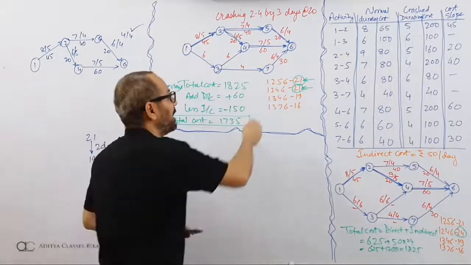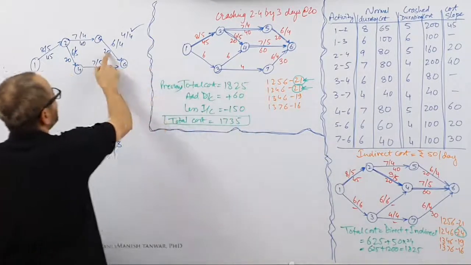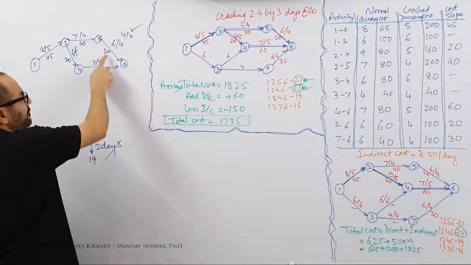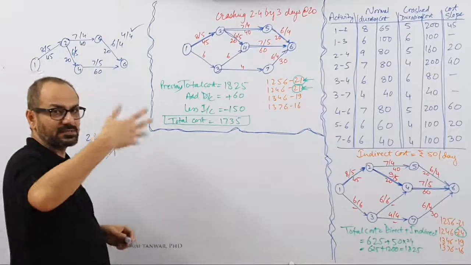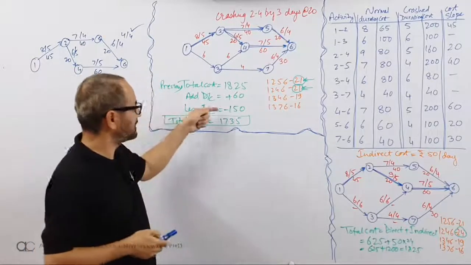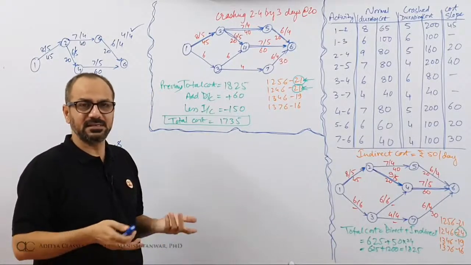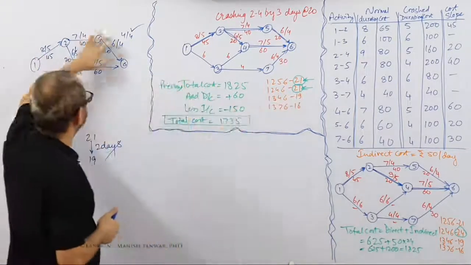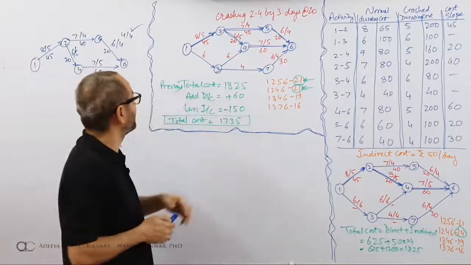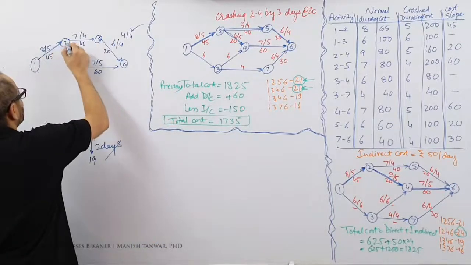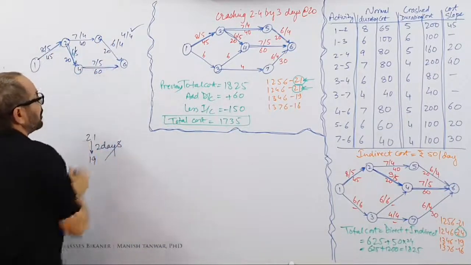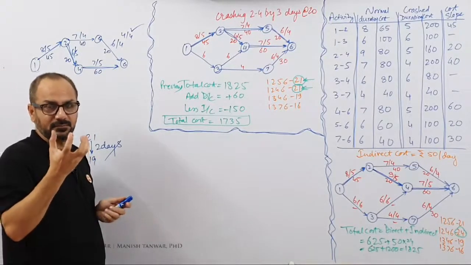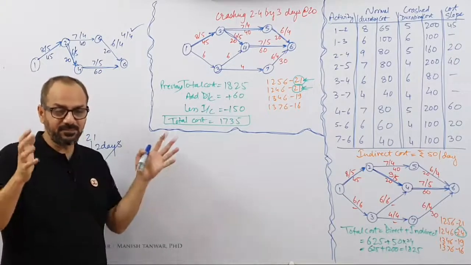What happens now? I am making a payment over here. What will be the payment of 40 rupees? 6 is down to 4. So I have crashed it by 2 days. 40 rupees payment will be made. But what about the savings? Less indirect cost. There is no less indirect cost. Why? Because critical was 21. If you do this solution, still my critical will be 21 because this activity is still critical. This path is still critical with 21 days. So you need to save 2 days on all paths. Then my project will reduce.